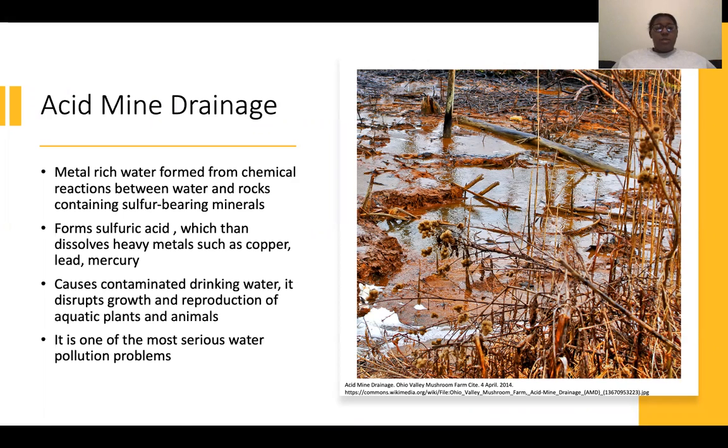Acid mine drainage is a metal-rich water formed from chemical reactions between water and rocks containing sulfur-bearing minerals. It forms sulfuric acid, which then dissolves heavy metals such as copper, lead, and mercury. The problem with acid mine drainage today is it causes contaminated drinking water. It disrupts growth and reproduction of aquatic plants and animals, and it's one of the most serious water pollution problems